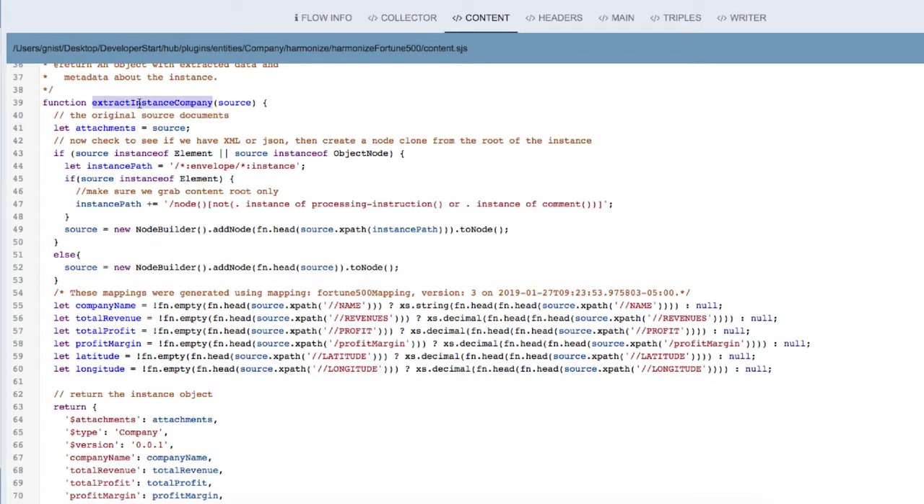So let's scroll down through some of this JavaScript code. The function that's really critical for us to understand here is what's happening in this extract instance company function that gets created for us, because this is where that instance data is getting generated. If we start by looking at line 54, we see JavaScript code that is programmatically applying the mappings